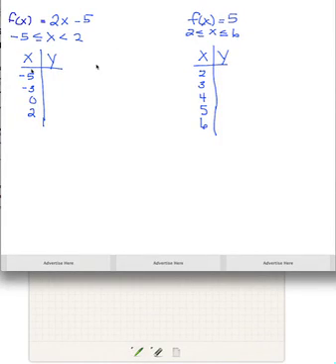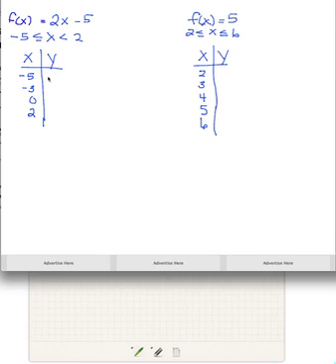Okay, so when you're graphing this, what you're going to be doing is graphing the line segment for 2x minus 5 only between negative 5 and 2. And we're going to be graphing f of x is equal to 5 only between 2 and 6. So if you wanted to use a